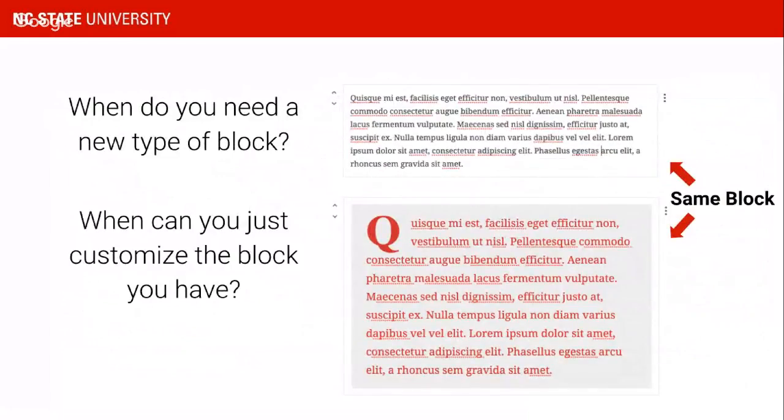Again, one issue: when do you need a new type of block and when can you just customize the block that you have? This comes out of number one, all the different types of blocks and not knowing what they do, and number two, all the different options for customizing blocks. In some sense, WordPress maybe has given us too much power to do things, and this is going to lead to a little bit of confusion. So here I have an example of two paragraph blocks. They are the same type of block, but using all of the block options, all of the ways of editing and customizing the block, we can make them look very